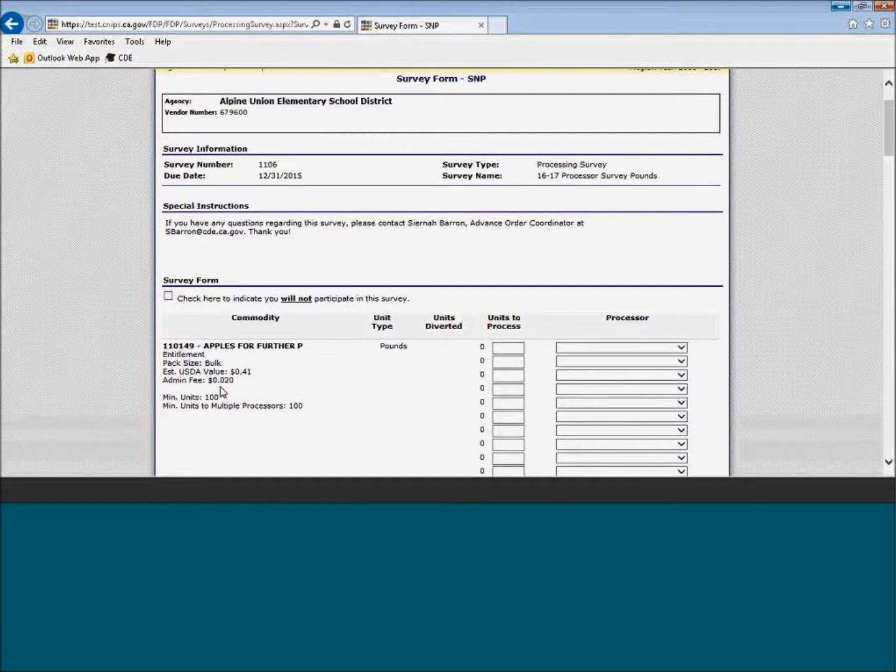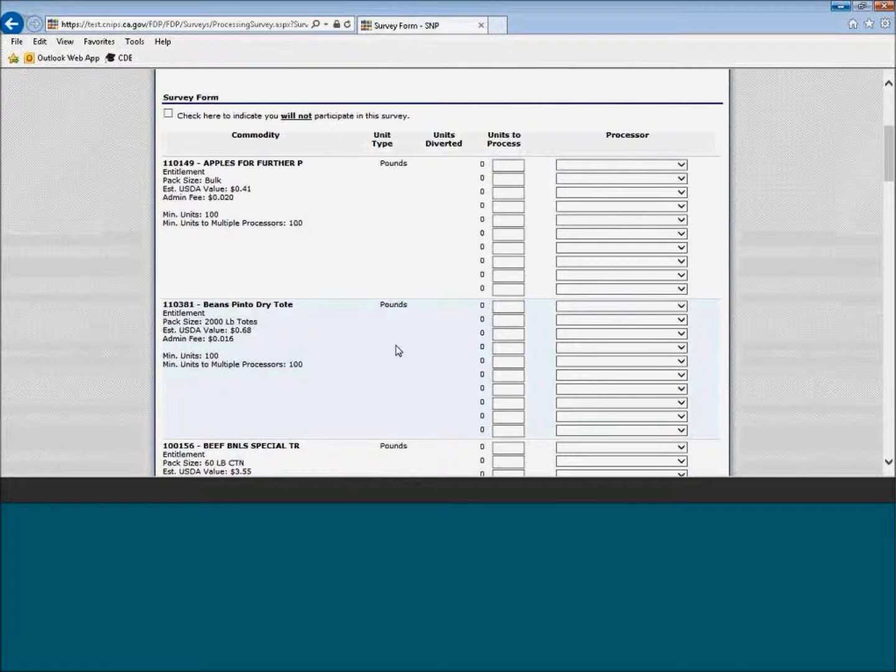Foods included on the pound survey will have different admin fee charges depending on the pounds per case equivalent for each item. Agencies are invoiced 80 cents per case for USDA Foods shipped directly to the processor. For items ordered in pounds, we have calculated a per pound charge based on the established 80 cents per case admin fee. To illustrate, let's look at the dry pinto beans tote, material number